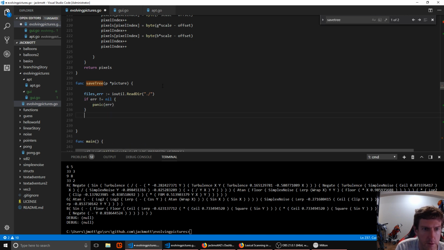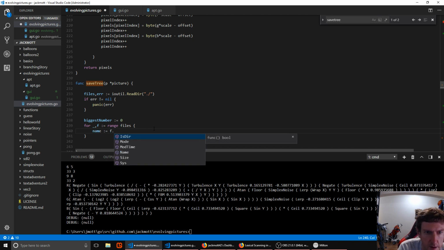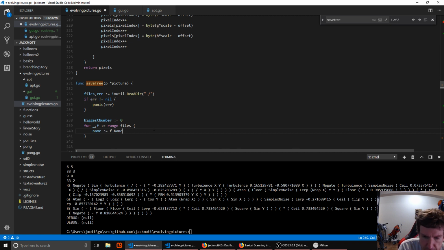So as always, check for errors. And we'll say the biggest number we have so far is 0. And then we'll iterate through all of the files. All right, this files is an array of file infos, and one of the things you can get from a file info is its name. So that's the file name. And we'll check to see if,